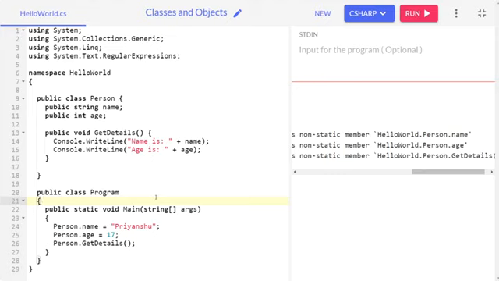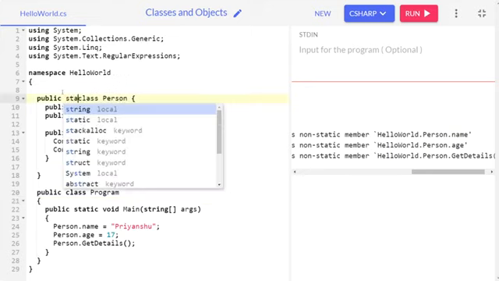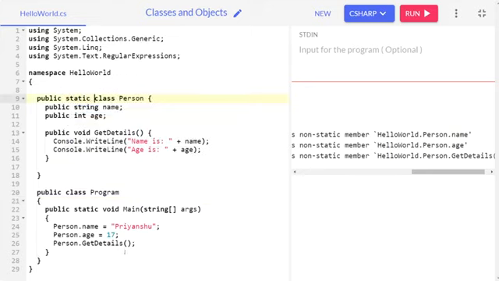Just like we learned about static variables, static methods, fields, properties or constructors, we can also have static classes. A static class can only contain static members. That means, let's say if I create a static class right now, and again